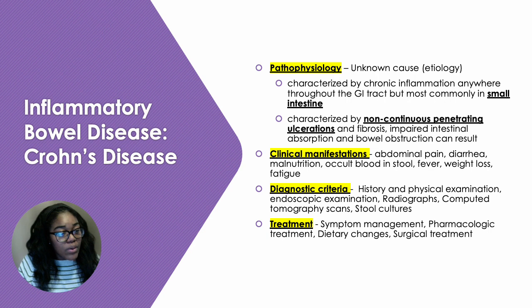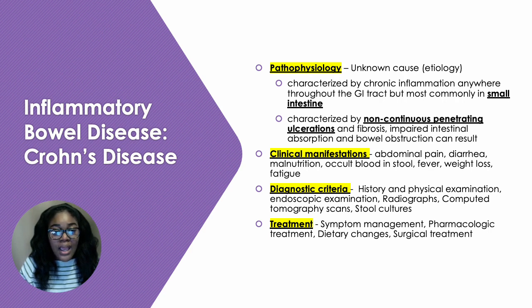The first one that we'll discuss is Crohn's disease. Now, the pathophysiology is idiopathic in nature. That means that we do not have a known cause. It is characterized by inflammation, and it's chronic inflammation, so you'll see remissions and exacerbations of this inflammation in the small intestine. You will see this throughout the GI tract, but again, Crohn's disease is most commonly found in the